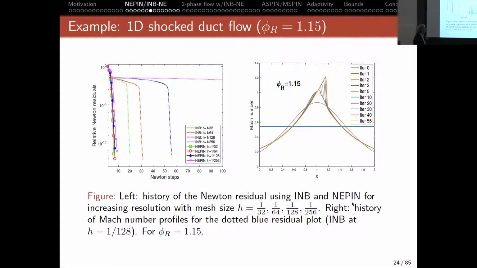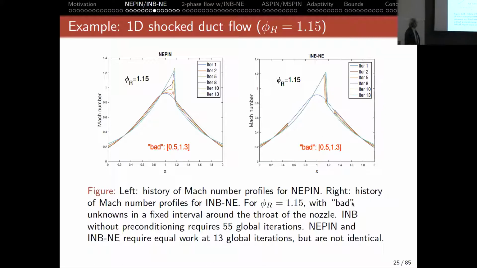And on the right here, you see successive values of the phi of x function through 55 iterations of a standard inexact Newton, whereas the NEPIN preconditioned version always finds the root very quickly, with a little extra work, of course. And if you compare NEPIN, the left version, and INB-NE, the right version, what we've done here is basically